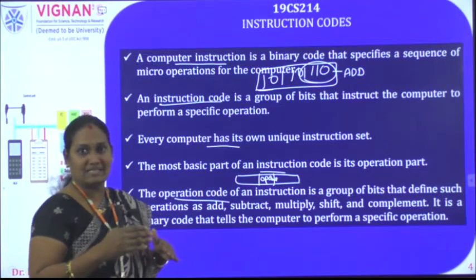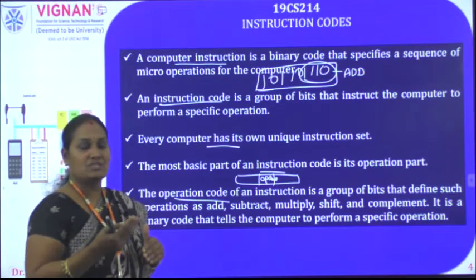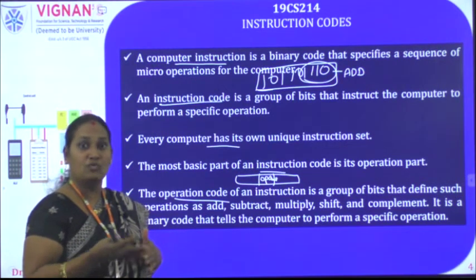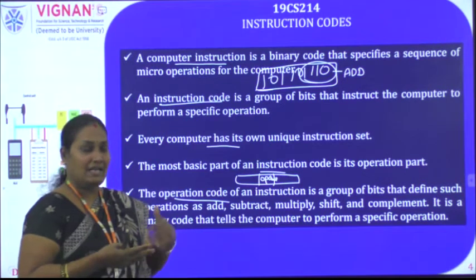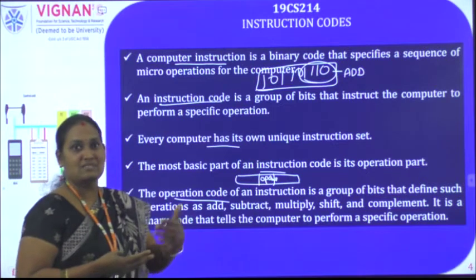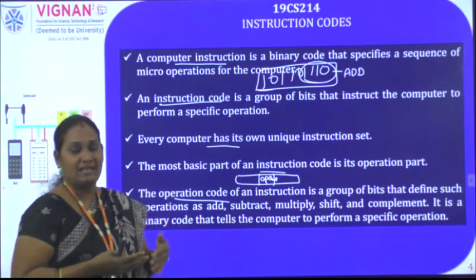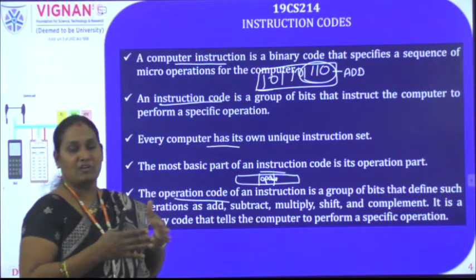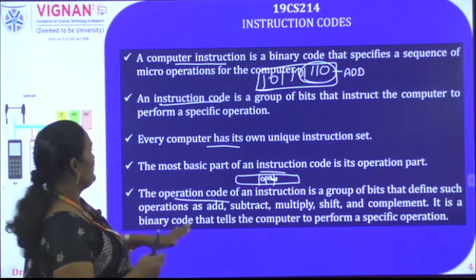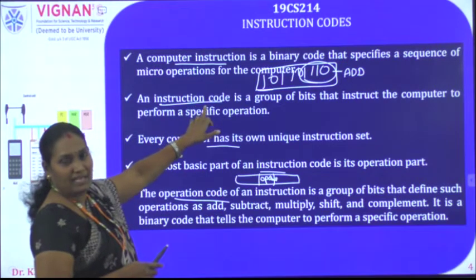Based on that, for some configured systems, we may use 3 bits for the representation of the operation. In some configurations, we may use 4 bits for the operation. And the addressing scheme will also change based on the size of memory. Some systems may require 11 bits, some 12 bits, some 16 bits. Like that, the number of bits required to represent the address will also change. So for a particular computer system, based on its configuration, the instruction code format will be available.